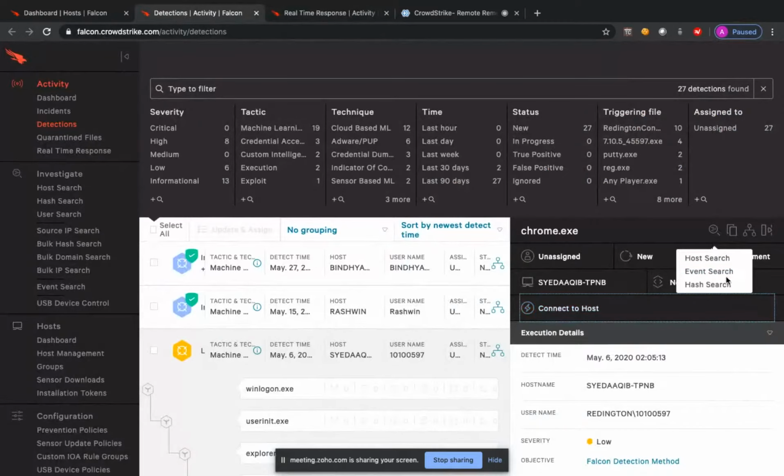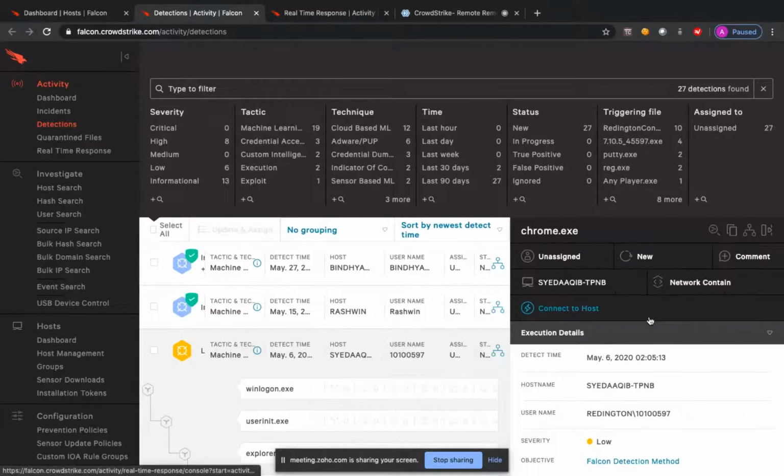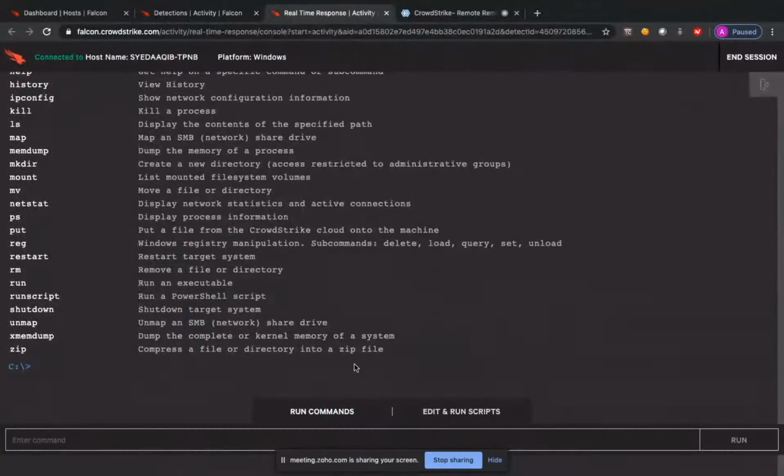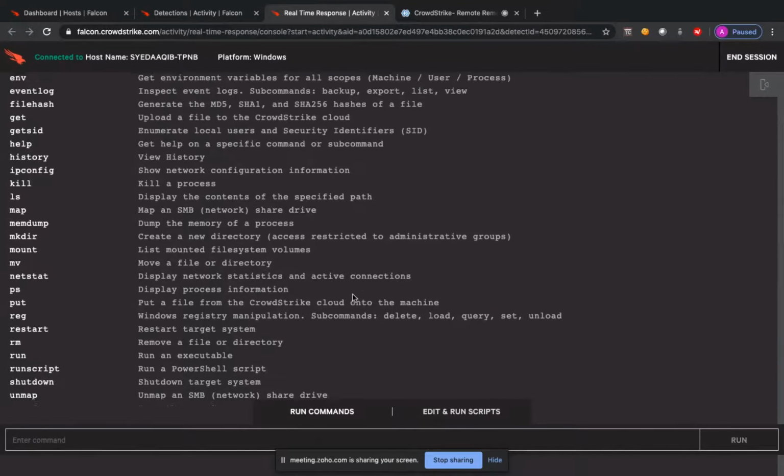For example, as a part of ransomware remediation, what we generally do is we isolate the system. So you don't really have to unplug the cables and all that. You can just click on network containment, and the whole machine will be contained, and then you can connect to the host remotely and execute the commands which you would want to, right?